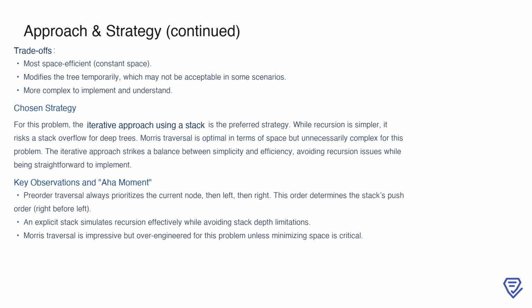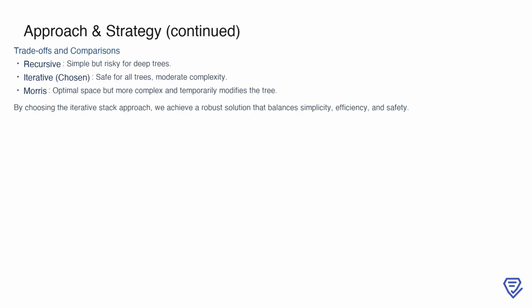range of tree structures. When comparing the three methods, recursion stands out for its simplicity but is risky for deeply nested trees. The iterative approach, which we've chosen, is robust and handles all tree depths safely, with moderate complexity. Morris traversal offers the best space efficiency but sacrifices simplicity and temporarily alters the tree structure, which may not always